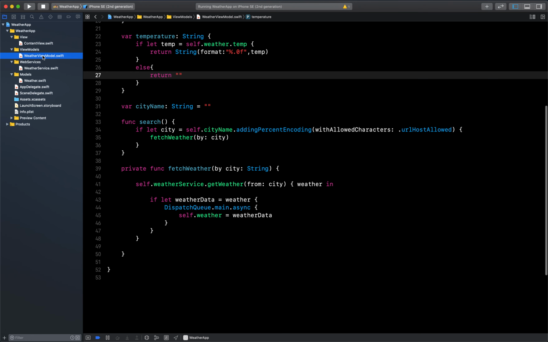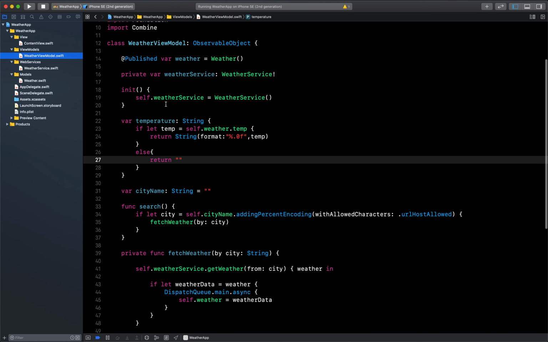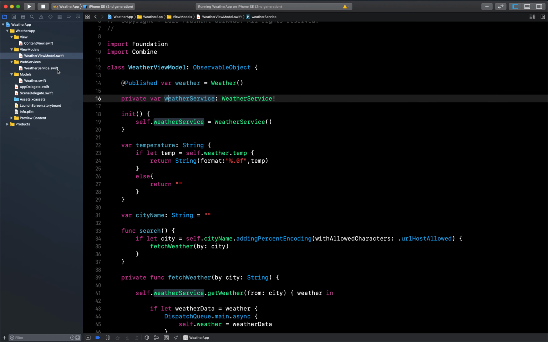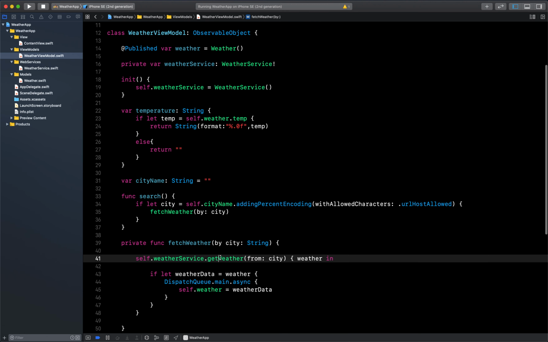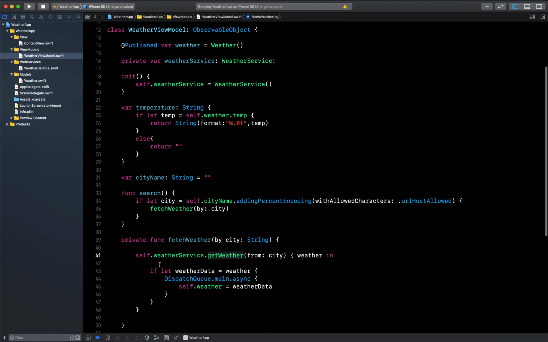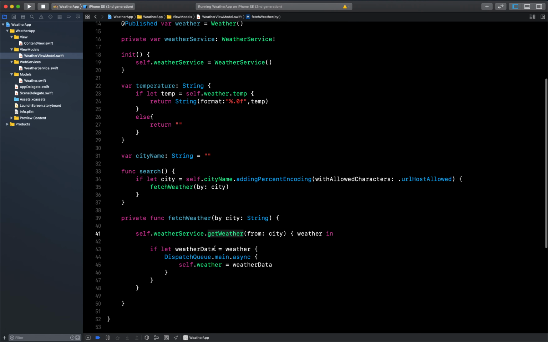Then we wrote our view model, which is responsible for our view and model updates. Inside this, we created a web service object to get the weather, and then we wrote this fetch weather call, in which we used this web service object and called that API.